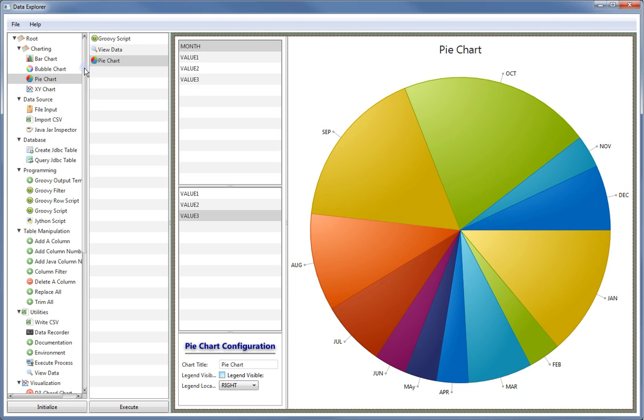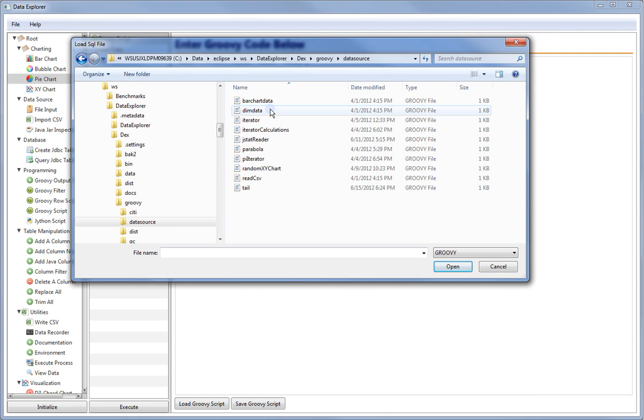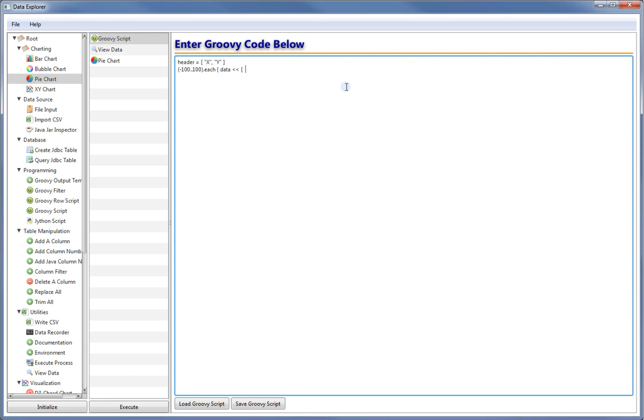Alright, so next I am going to load a new script here. And in this case I'm going to load a parabola. So it's going to go from negative 100 to 100, and it's going to fill the array with the iterator times itself. So x squared, actually I can make this a little more readable than it is. So x goes into here, so we'll turn that into x, and then x times x,